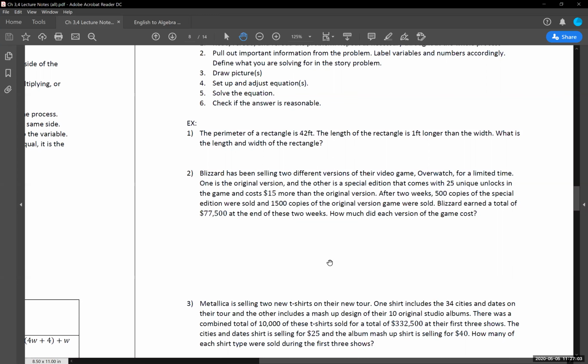Okay? The goal that I want for you guys is to be significantly better, more comfortable, or to have strategies for working with story problems, because a lot of people will actively avoid doing story problems if they can help it. And here's a spoiler for you guys. All of the math classes you're going to take in the future are going to have story problems. So there's no point in avoiding them or trying to get out of them because they're not going away.